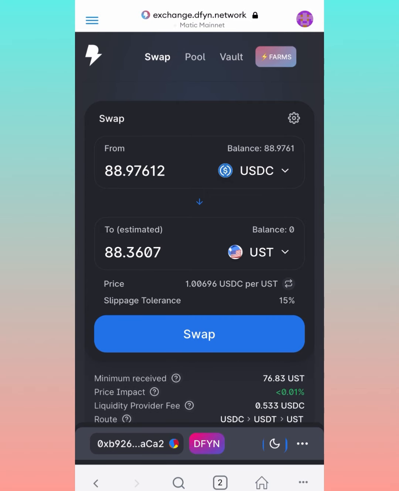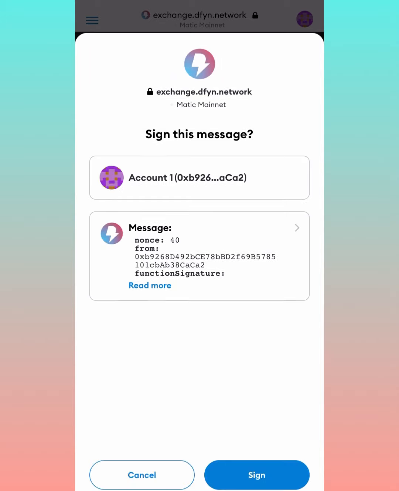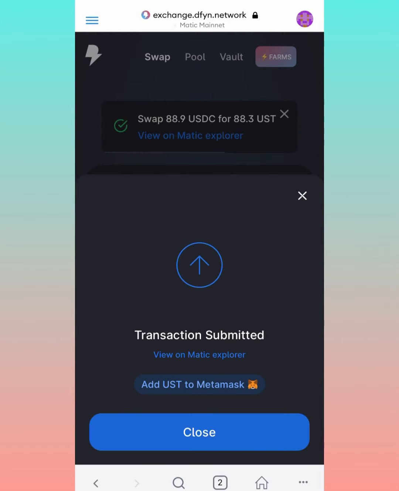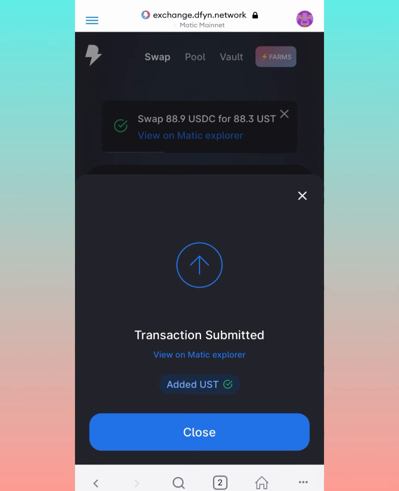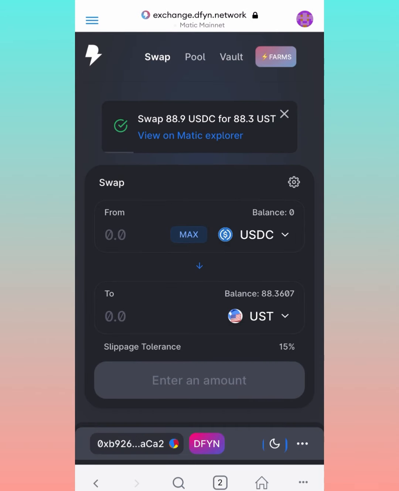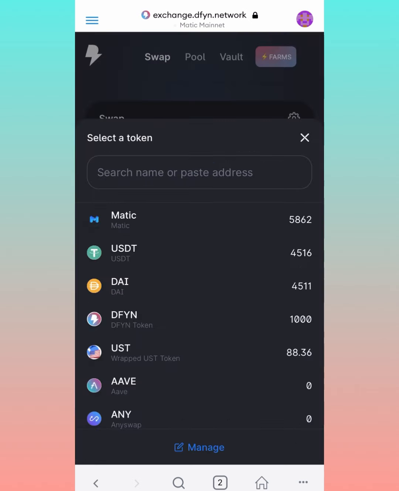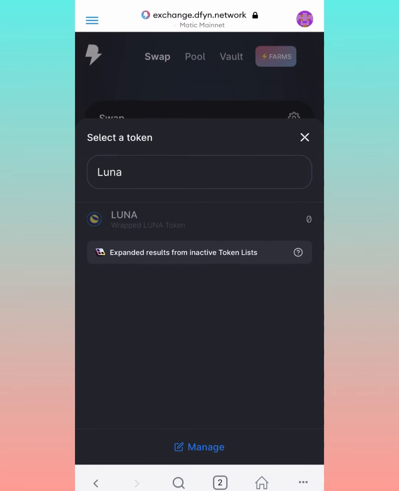Max it out, or whatever you want to put in there, then hit swap, confirm swap, sign it, then wait for confirmation. Add the UST to your MetaMask so it'll pop up, close it. Now you have successfully bridged your UST to DFYN Network. Also keep in mind you could have swapped that USDC for Luna as well, in case you wanted to stake